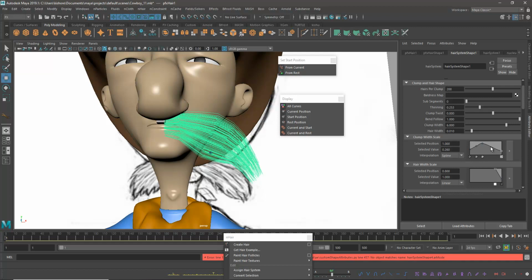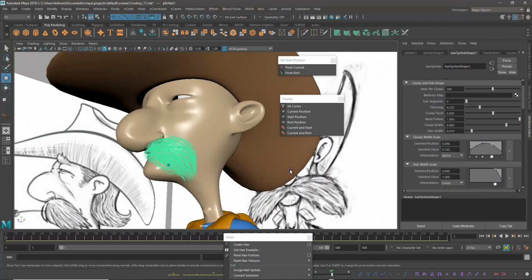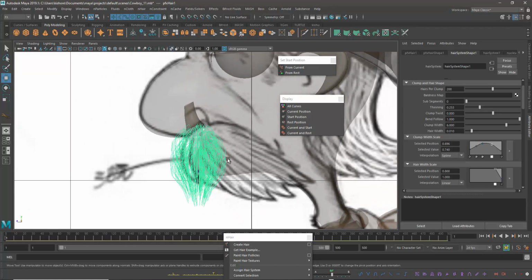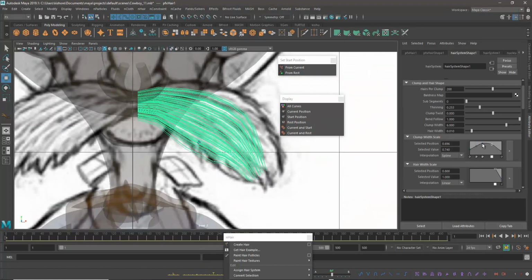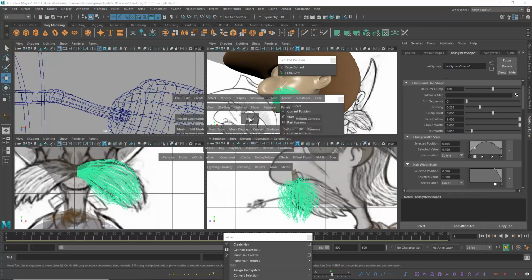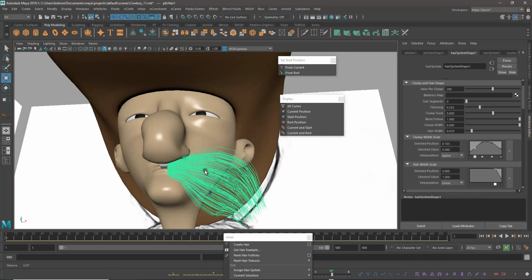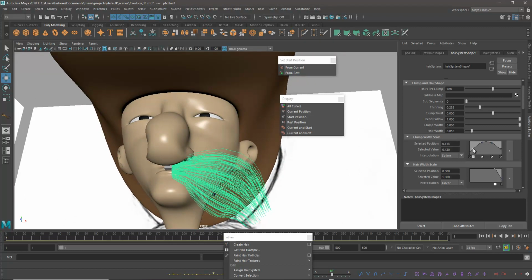Again come down here and increase the clamp width, something like this, and check whether it is as per this reference or not. I'm not doing it exactly, it will take some time to do exactly, since this is not a hair and fur class. We will take hair and fur classes again. So increase again a little bit, something like 8, then reduce this one. Make sure when you are increasing that, the nose should not be disturbed.